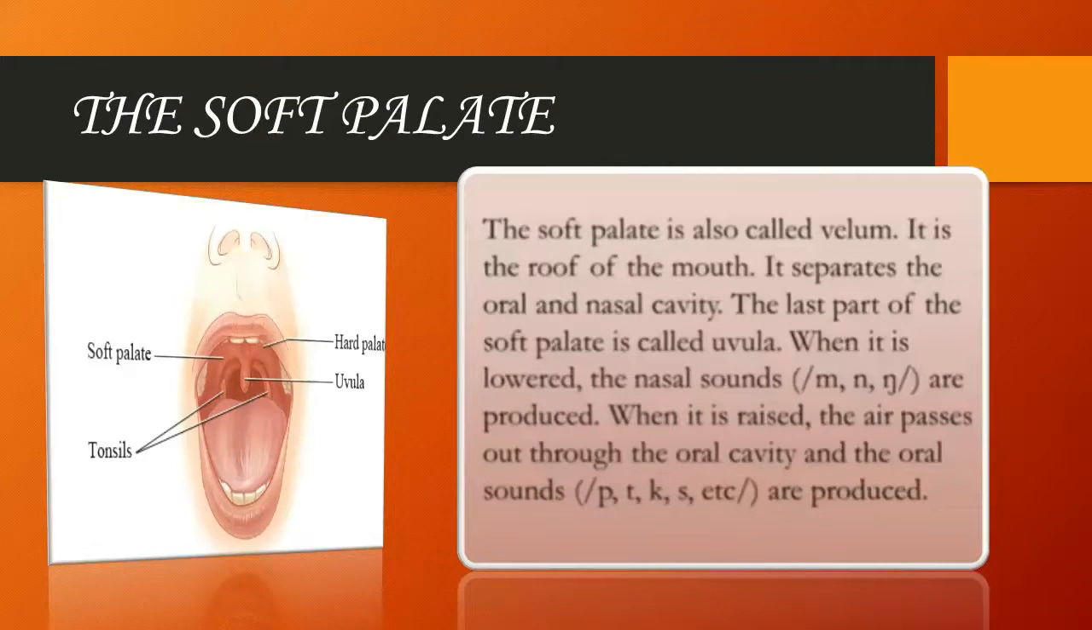The soft palate. The soft palate is also called the velum. It is the roof of the mouth. It separates the oral and nasal cavity. The last part of the soft palate is called the uvula. When it is lowered, the nasal sounds